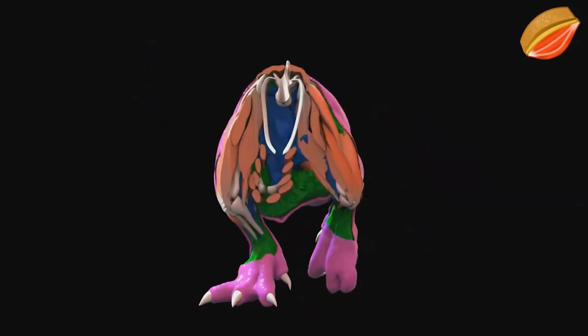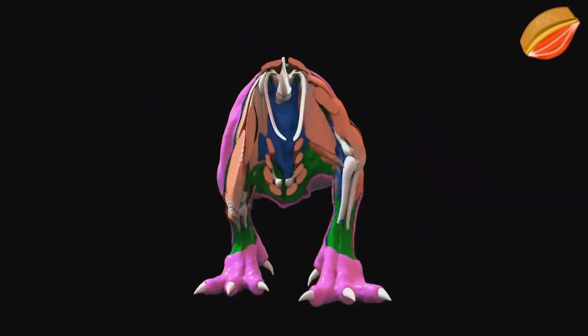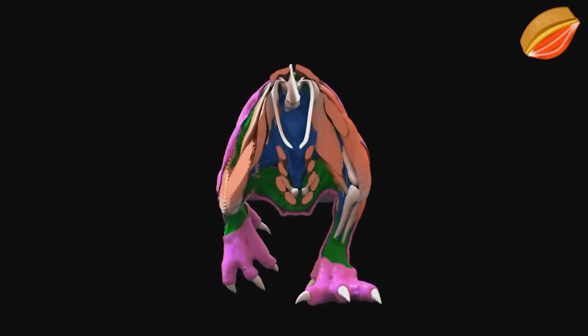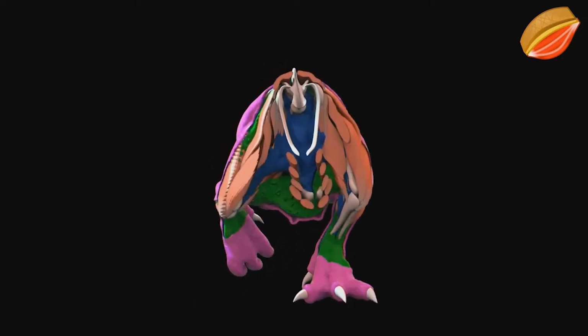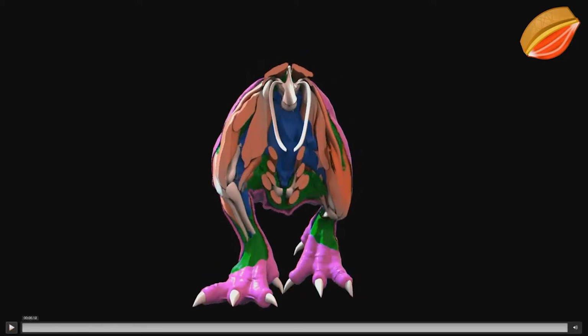So this is kind of a cross section of our T-Rex, and it shows the various elements working together. So the red areas are the muscles. The green and blue are the flesh. The blue regions are the interior regions of the flesh,